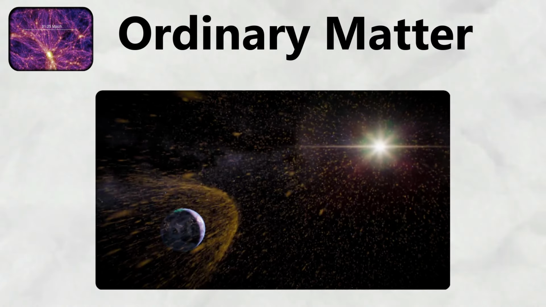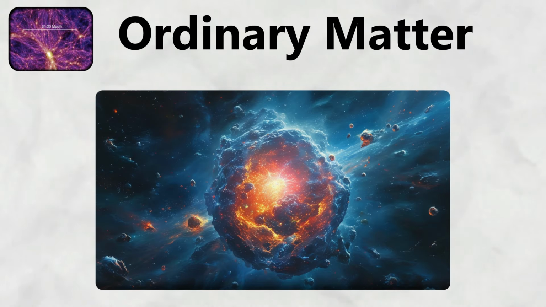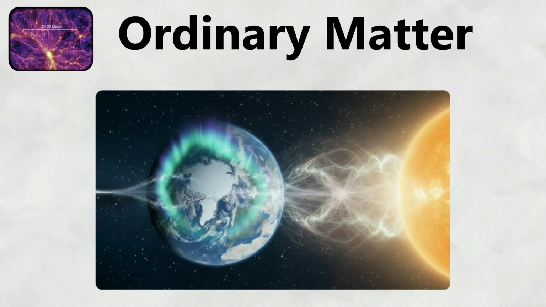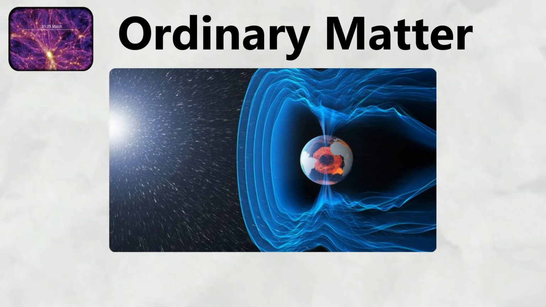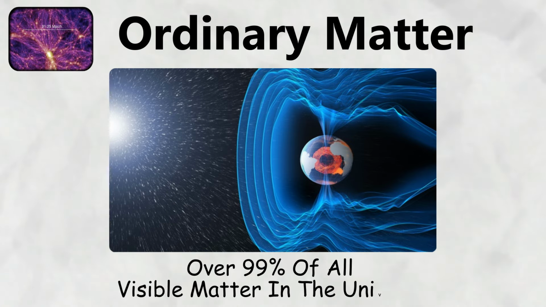impacts. Plasma forms when gas becomes so hot that electrons gain enough energy to escape from their atomic nuclei, creating a soup of free electrons and positively charged ions. This 4th state of matter requires extremely high temperatures, typically thousands of degrees, which is why plasma naturally occurs in stars, lightning bolts, and the solar wind. Despite being rare on Earth, plasma makes up over 99% of all visible matter in the universe.